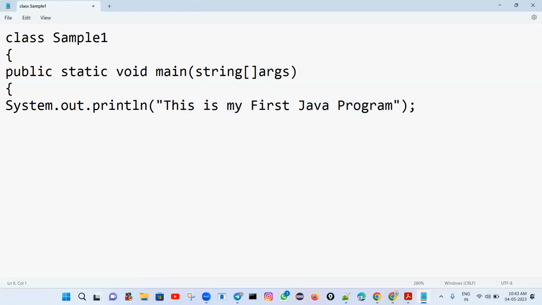What is system, what is output, we will discuss later. So we did not write anything else. I am simply closing the main method. I am simply closing the class. So after completing the program, you need to close the main method and you need to close the class. So after writing the Java program,